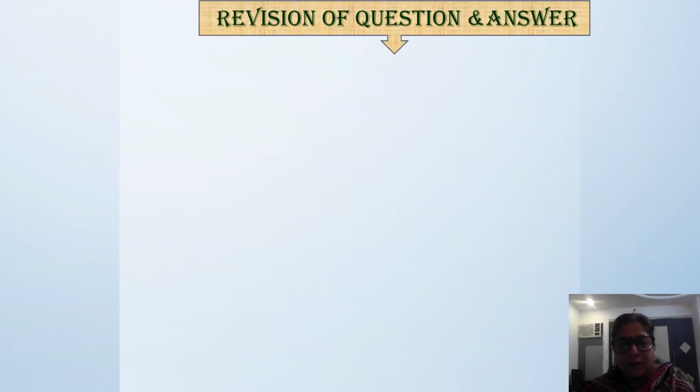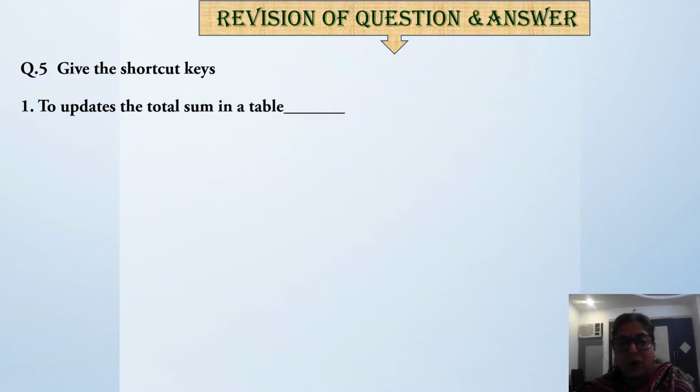Now, question number 5. Give the shortcut keys. First one: to update the total sum in a table. For that, what is the shortcut key? Is it F2, F9 or F12? Yes, the answer is F9.